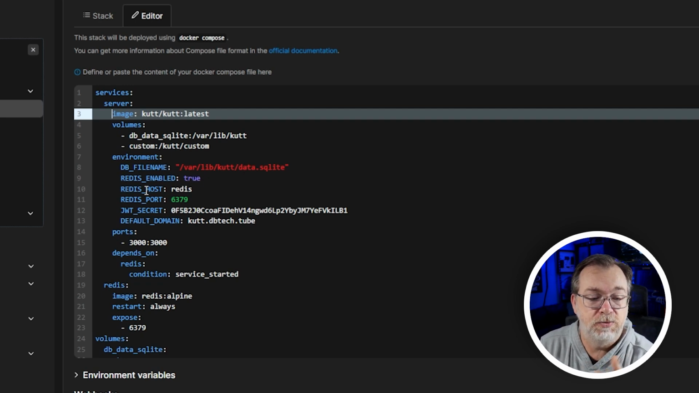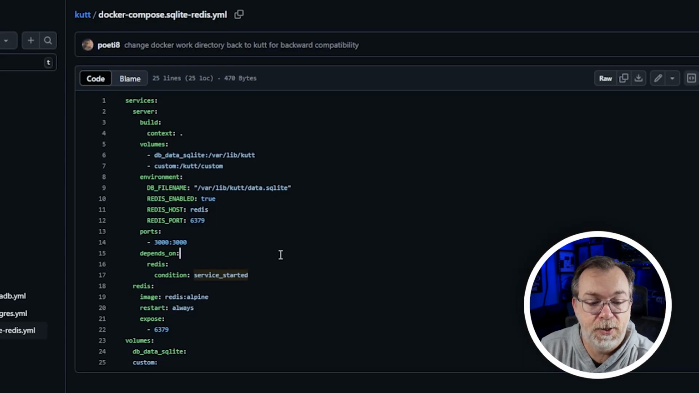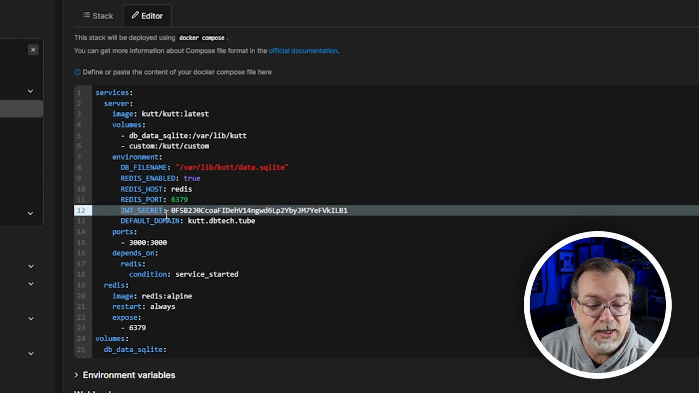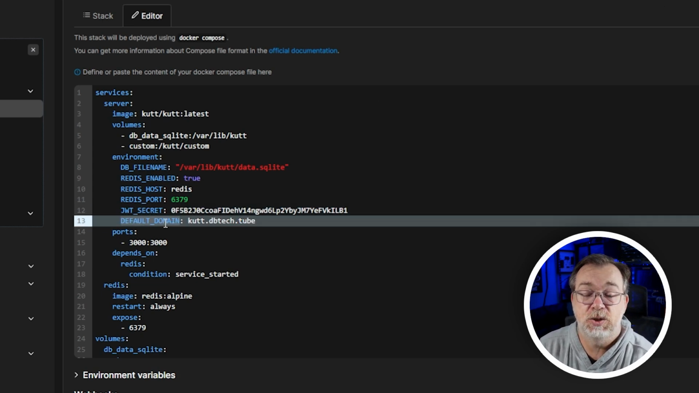Redis enabled true. Redis host Redis. Redis port 6379. It's down there under the expose. The JWT secret. This wasn't part of this Docker Compose, but it wouldn't deploy without it. So I added JWT secret, colon, space, and then I used my password generator to generate just a long string of characters. A default domain, I had to put that in there because without it, it referred everything to localhost on port 3000 rather than